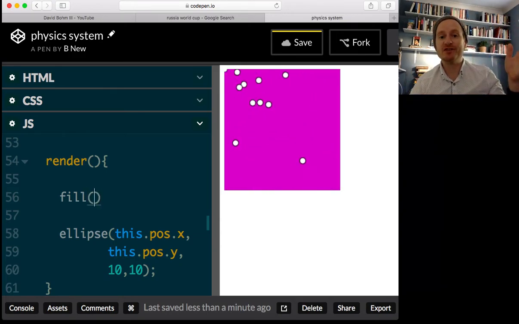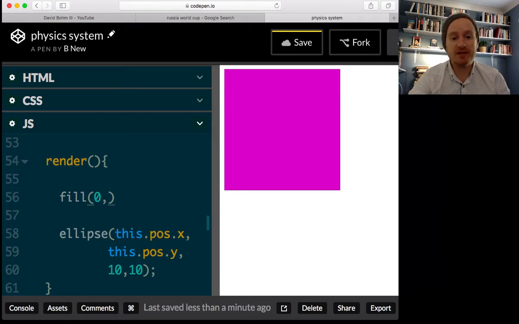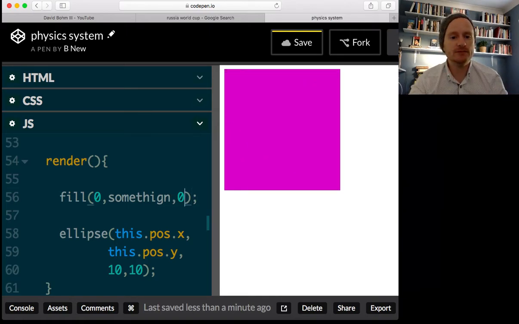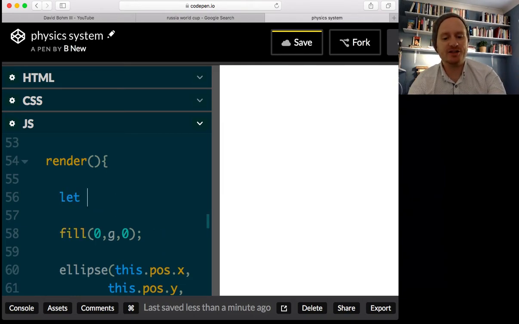And it takes three parameters like background: red, green, and blue. If you just put in one number, p5 will take that to mean that number for red, that number for green, that number for blue. Let's make them green. So I'm going to say 0, something, 0, and I need to change this to, let's call it G for green, and we're going to say let G equal,